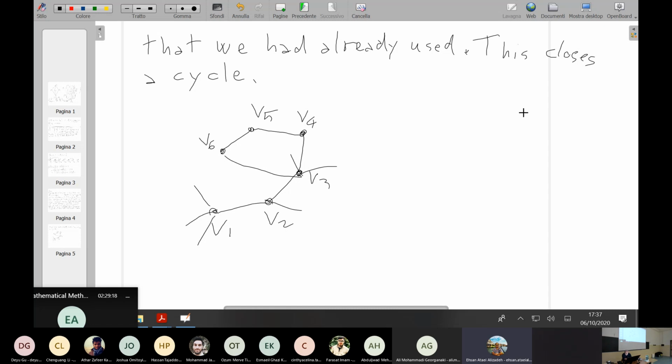The first one, for example, has two edges, while the other one has three edges. Is it important in finding the shortest path? Okay, I understand what you mean, but again, this is something which you can put inside